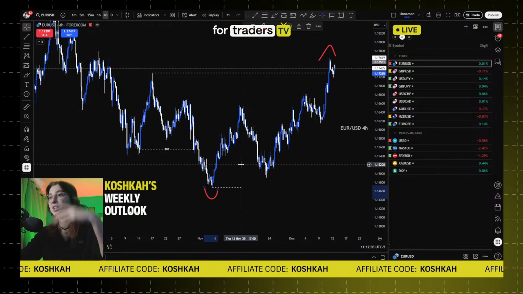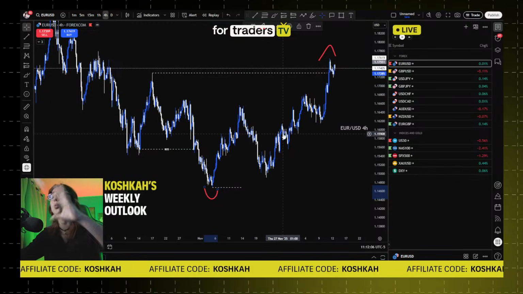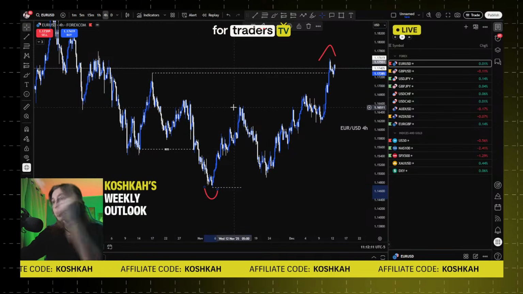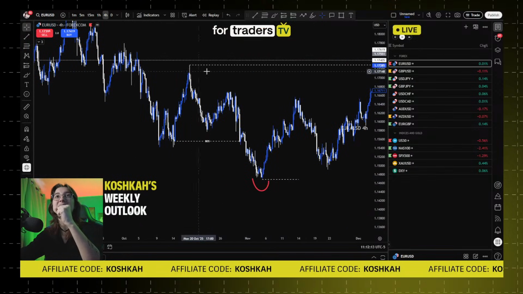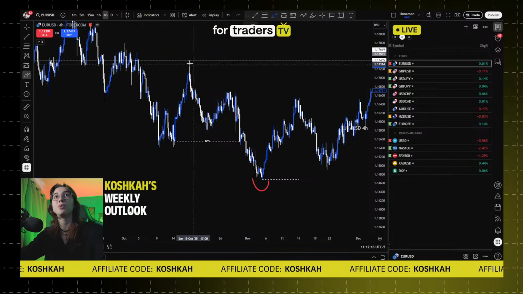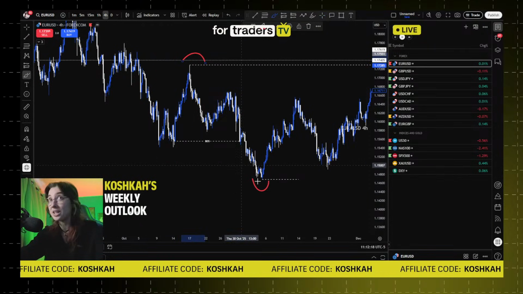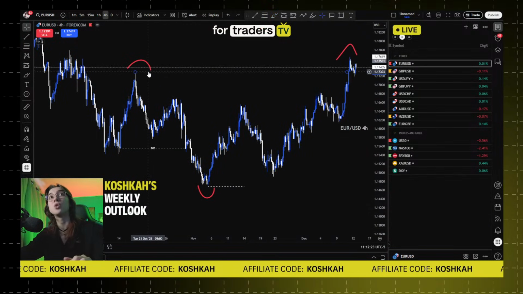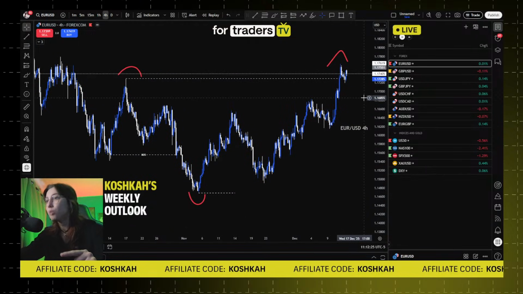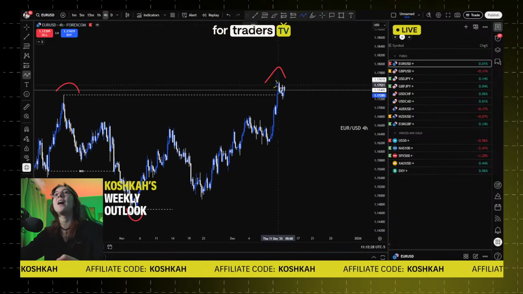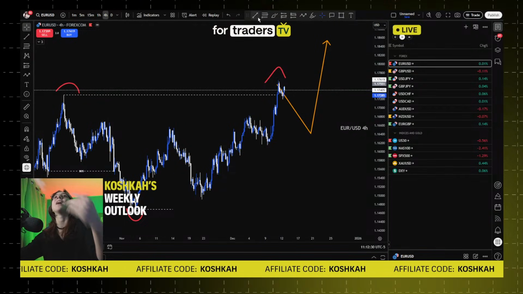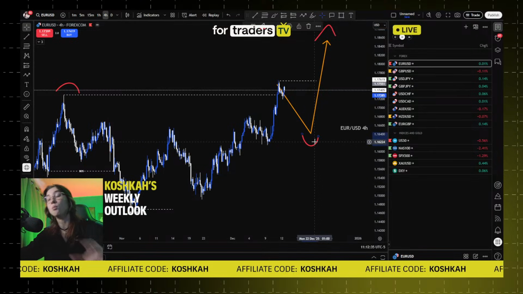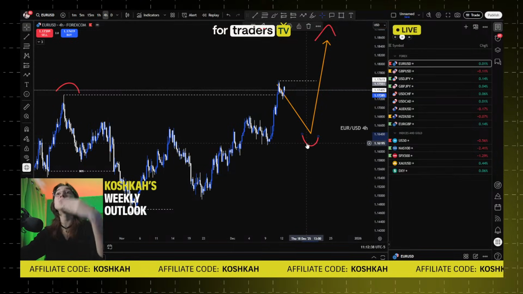It's because when you have a change of character, it's really important: the low that broke structure stays the same. So what does that mean? It means that exactly right here, if this is the high of the previous range, this is the lowest point in this range. When you have a change of character, a reversal, the low stays the same. It doesn't move. It only moves when you have an additional break. If you have an additional break, now yes, this is the new high and this is the new low. But by the time this happens, the low stays the same.